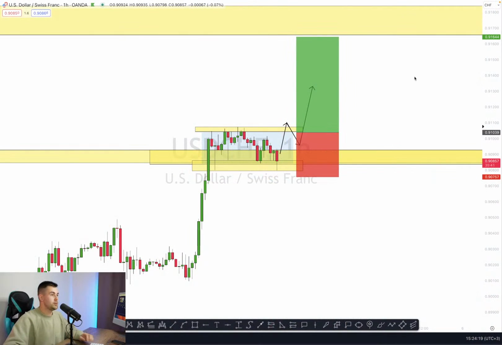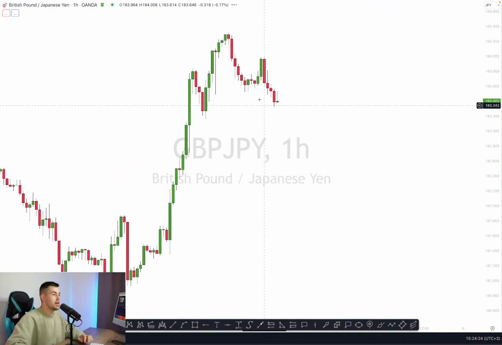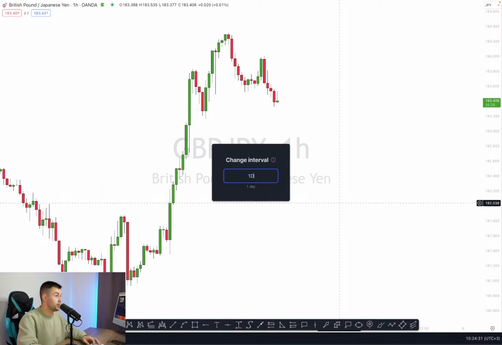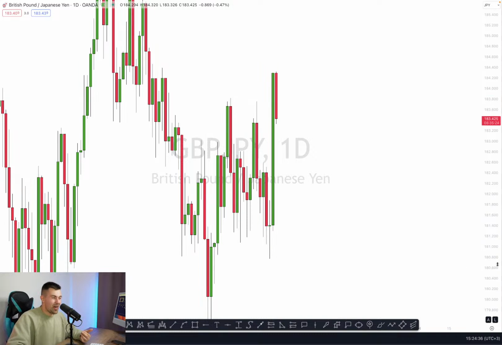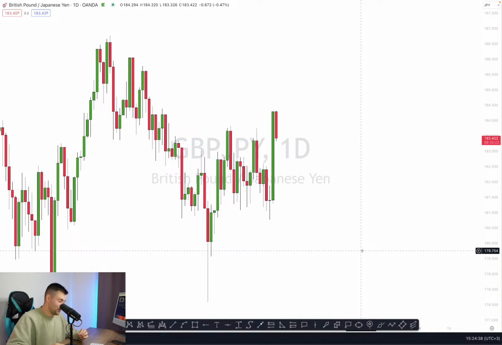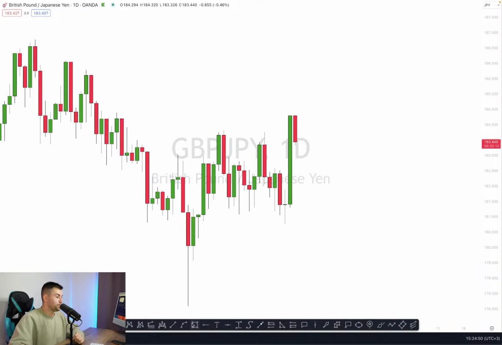So let's check that, and let's open. So pound yen here was very tricky in the morning. And to be honest, in the morning I took a scalping trade on pound yen, and it was the losing trade. And you know, I kind of felt that this one is gonna lose, so I decided to risk a very tiny portion of my trading account per that trade, and that was definitely a good idea because I was stopped out.